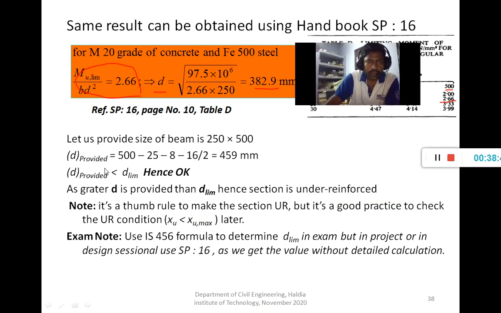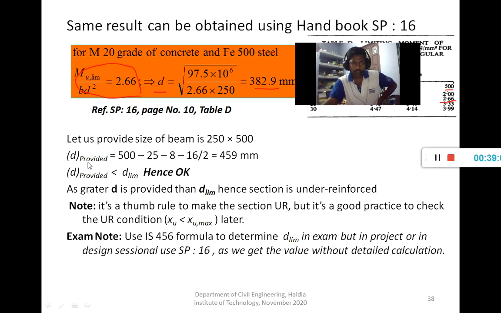Now let us provide the size of beam as 250 into 500. So what comes is the effective depth. D provided is 500 minus 25 minus 8 minus 16 by 2, which gives 459.